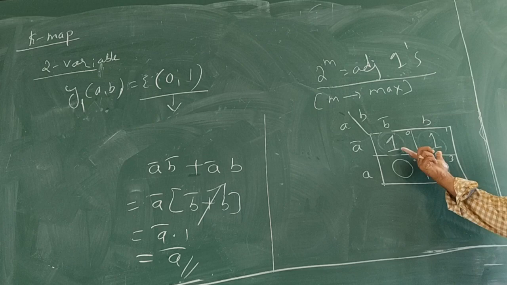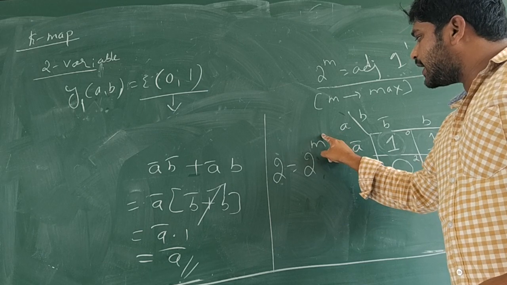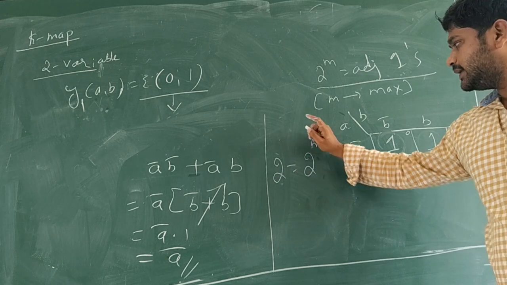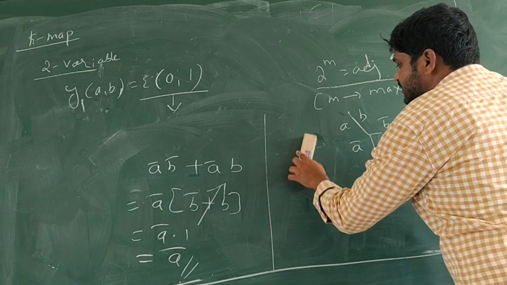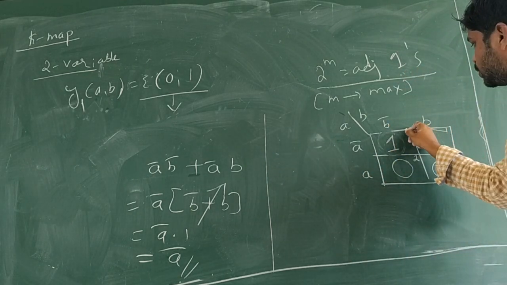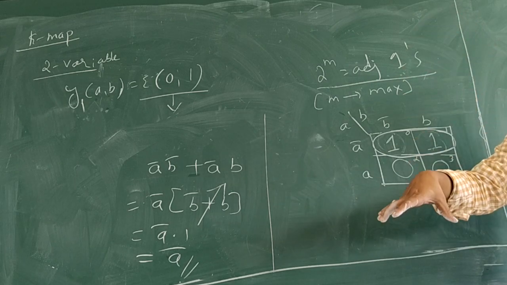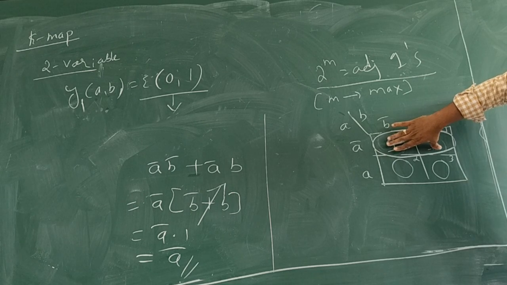See, how many ones are there? 2. There are 2 ones. Do we have standard notation for m which will give us 2? Yes, that is 1. Okay, that means there is possibility of two adjacent ones, which are adjacent with each other. Now what we have to think is, we have put a cover on those two adjacent ones.